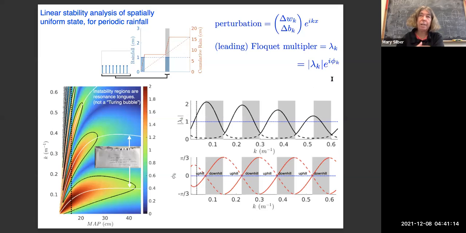So the phase is going to tell you whether in one period the phase increased or decreased, and that's going to tell you how the pattern travels, whether uphill or downhill. And so this was kind of troubling to us because we found that in these unstable regions, actually the waves could switch their travel direction, whether they're traveling uphill or downhill, but all the observations indicated uphill travel. So this is my last sort of pattern